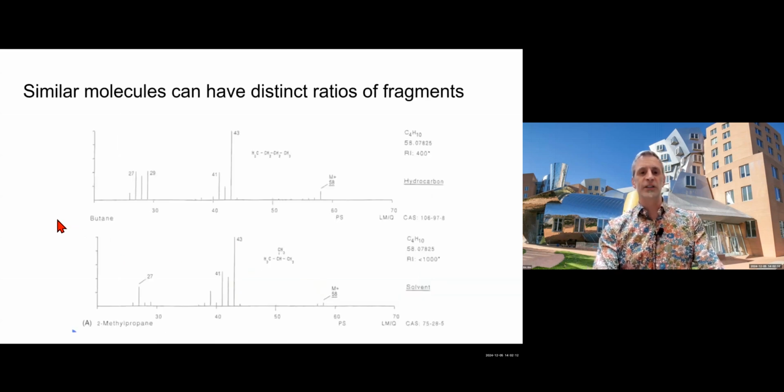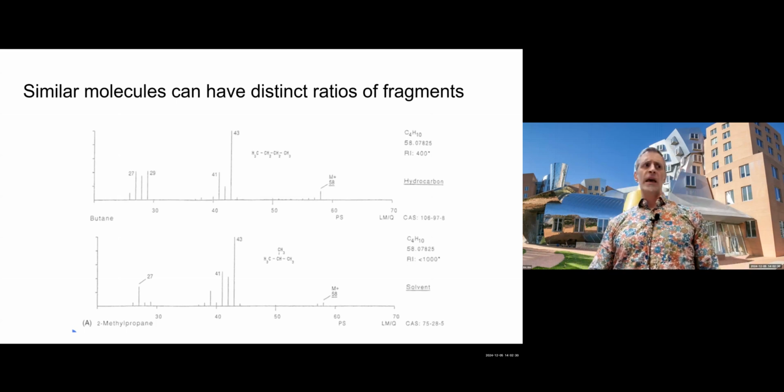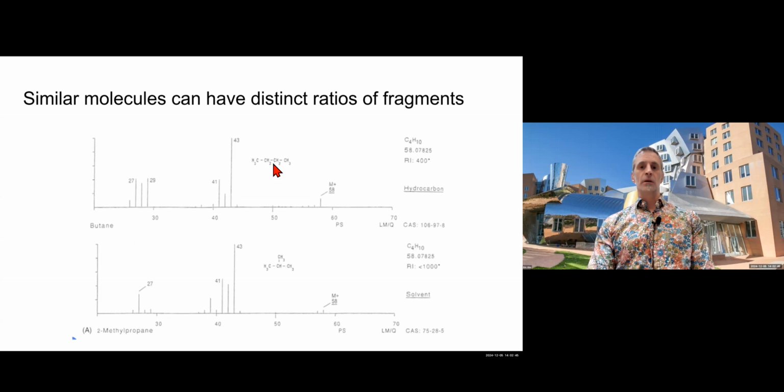And in general, it's hard to predict what those patterns are, and the patterns are going to be different depending on how they're fragmented. But there are big databases for many chemicals, especially any chemical from central metabolism and chemicals that have been studied before, of what those fragmentation patterns look like. So here, we can look at butane, which we just looked at. Here's the spectrum,